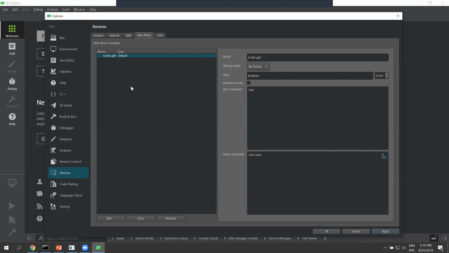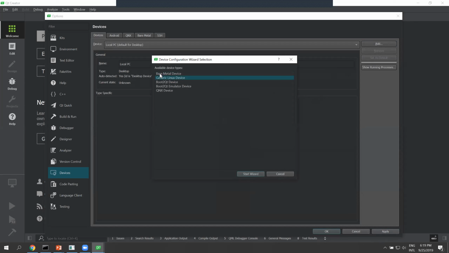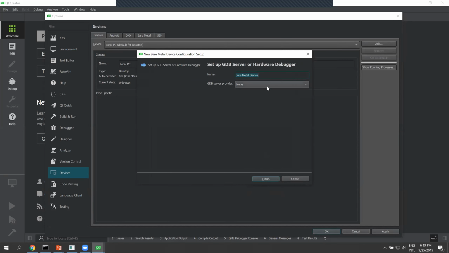And there's one last step before we actually create the kit, which is to create the device we will deploy to. So go here in the device tab, click add, select the bare metal device type, and then start wizard. You can also give it a name. I will just call it the name of the board I have, which is the